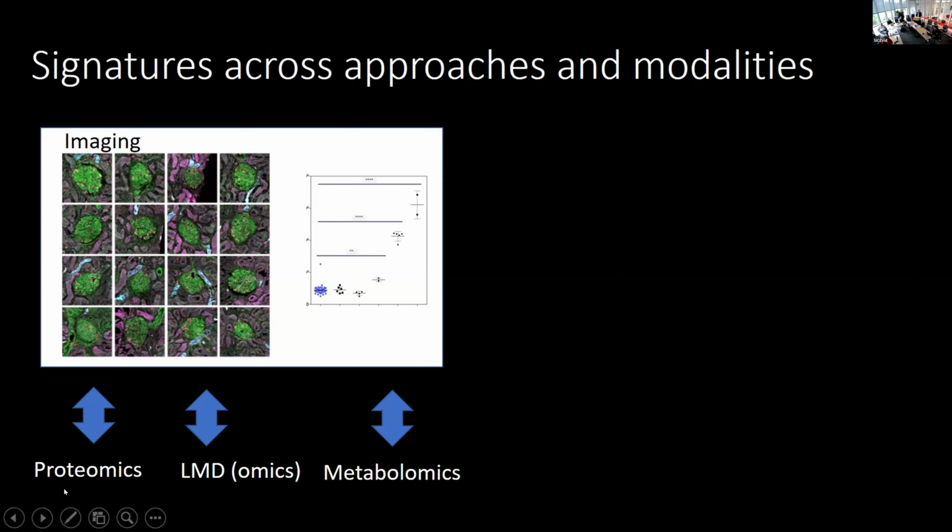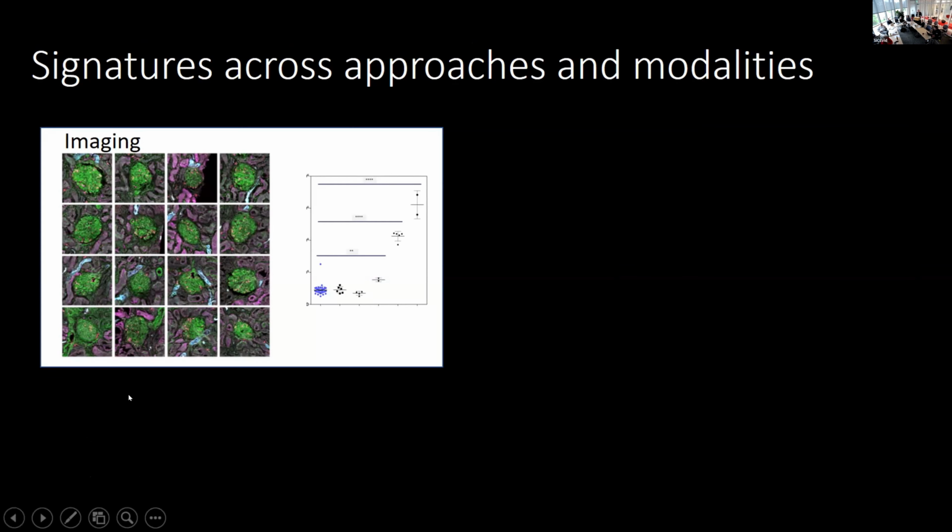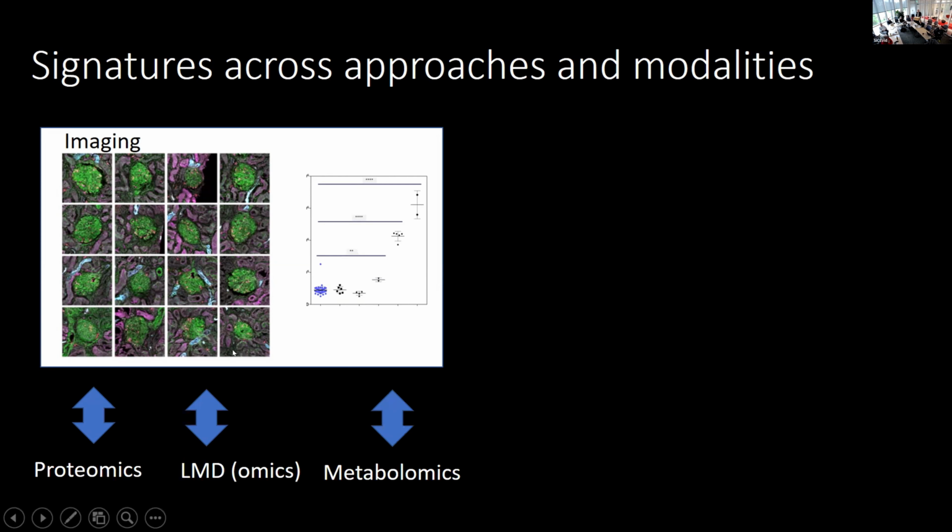So I just showed you a demonstration about how we can quantitate individual cells and classify them. Because it is an imaging paradigm, we can also think of things in terms of structures at the level of the nephron, so essentially subsegments. In this case, we're looking at the glomerulus and its cellularity. Now that means that we have two different levels of